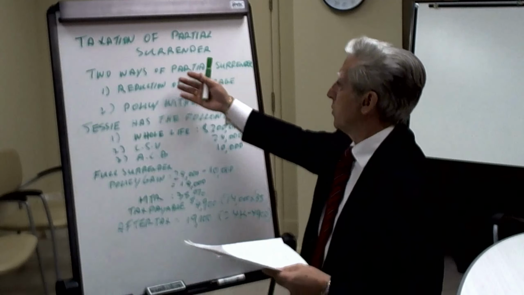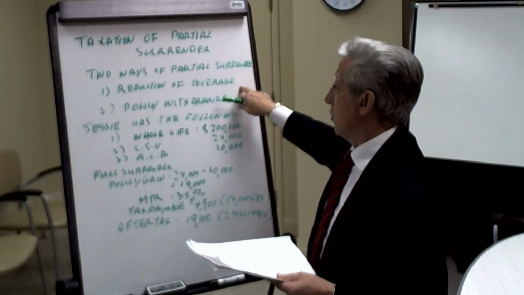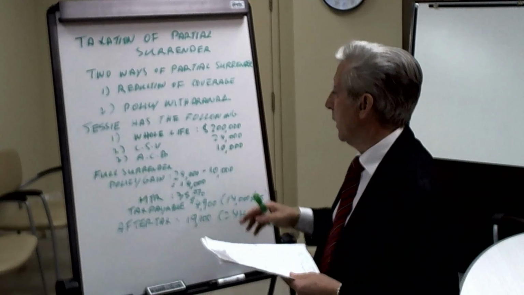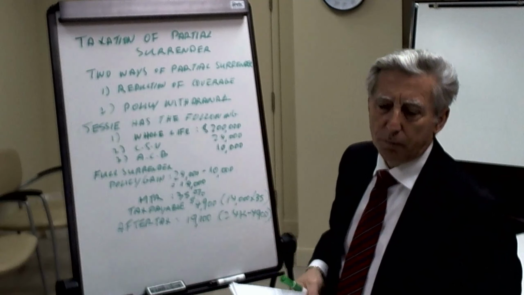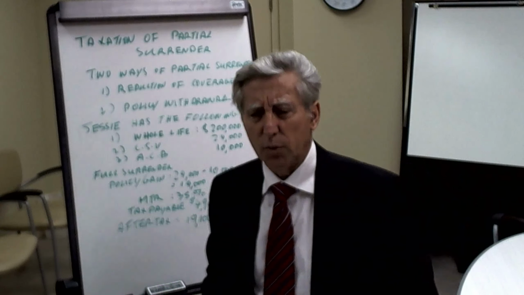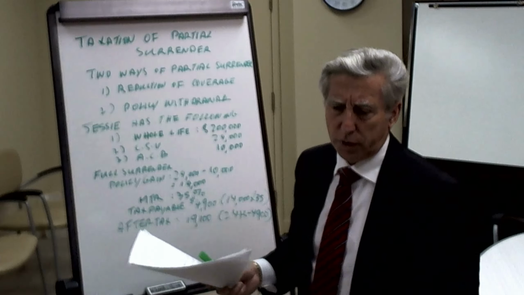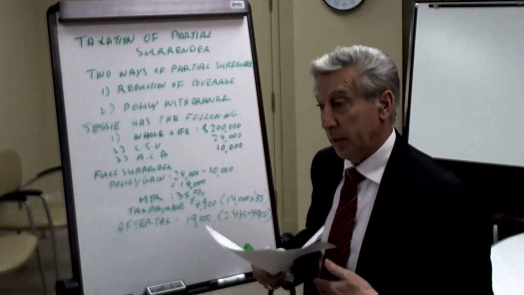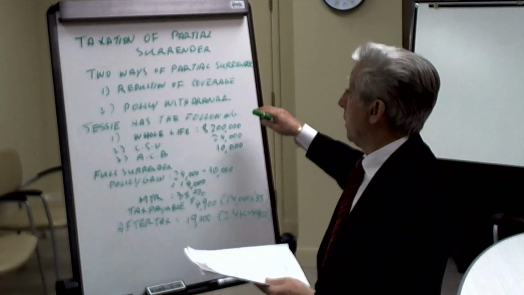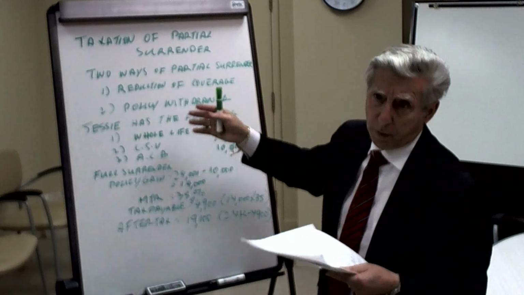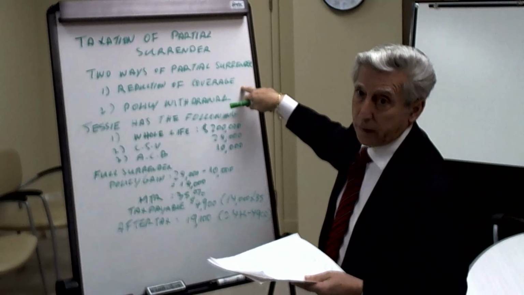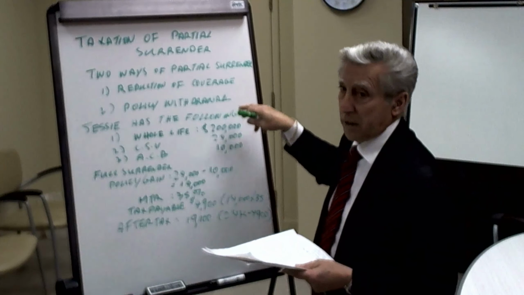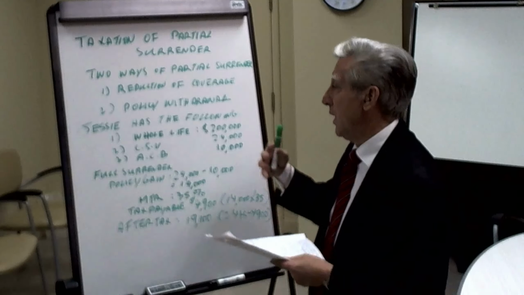So in other words, there's two ways of doing a partial surrender. You can do a reduction of coverage, which we'll see in a moment, and of course, a policy withdrawal. With policy withdrawal, predominantly it comes down to universal life, because you really can't make a withdrawal on whole life participating or non-participating, but you can make a withdrawal on universal life. However, on whole life, whether it's participating or non-participating, you can certainly reduce the coverage. So on universal life, you can do both, whereas on whole life, as you know, you can't make a withdrawal. You can only borrow money against the policy. So we'll look at both.